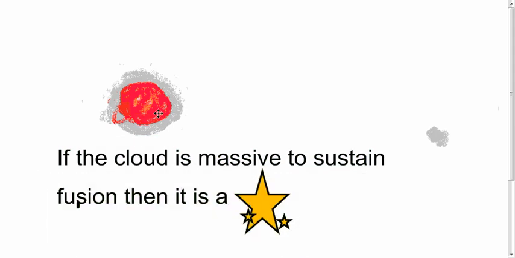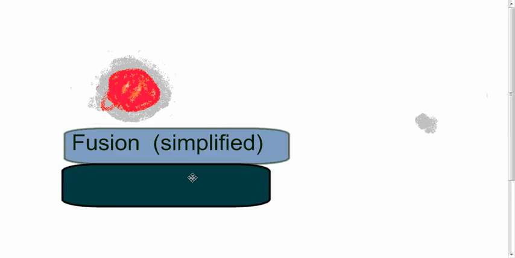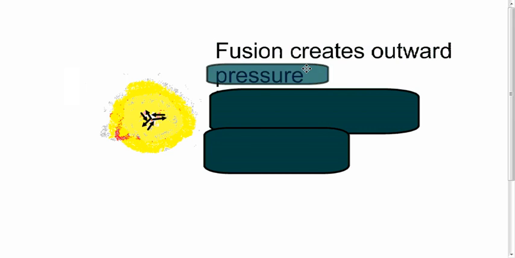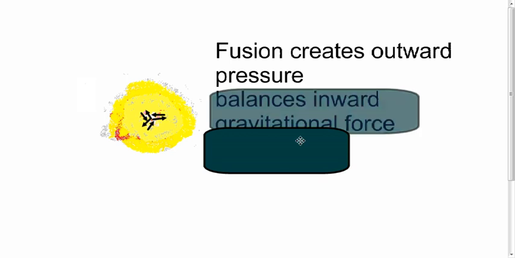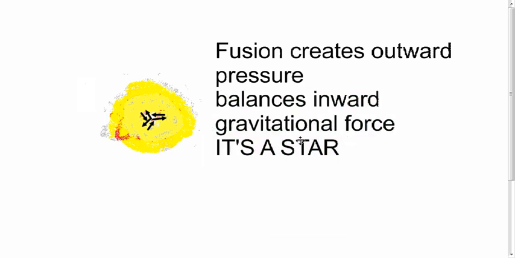Once fusion begins, and fusion is converting 4 hydrogen atoms into a single helium atom, and therefore releasing lots of energy, this energy will push out against the star and cause the star to stop collapsing, because now we've got an outward pressure coming out from the center, and that counteracts gravity pulling the star inward. And when these two things balance out, we've got a full-fledged star.